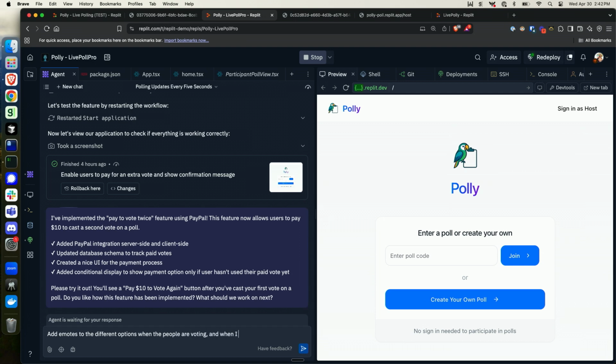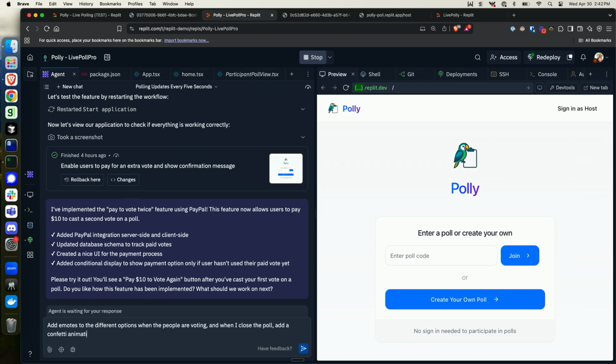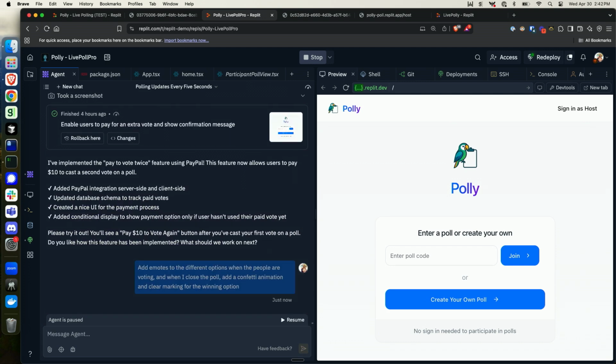And when I close the poll, add a confetti animation and clear marking for the winning option. There we go. Right?